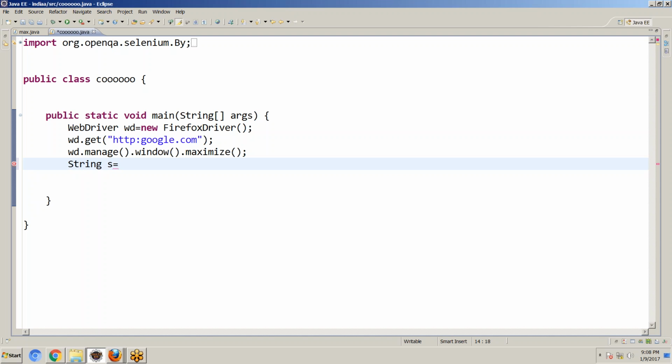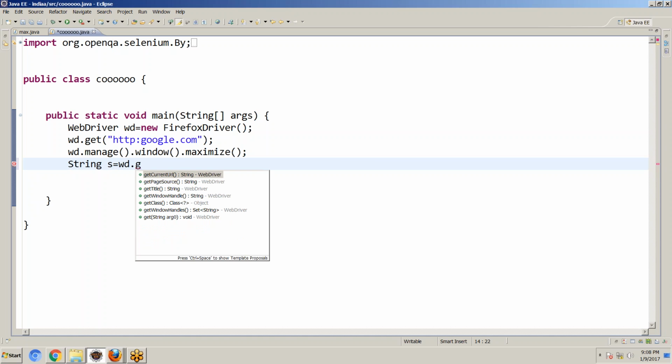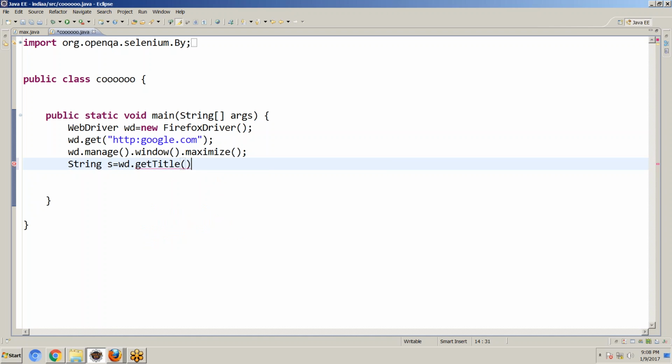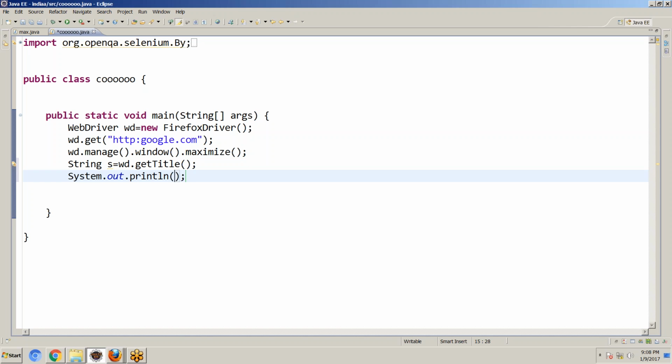String s equal to wd dot get title. SYSO, control space. Yes, we can get the title of the page.